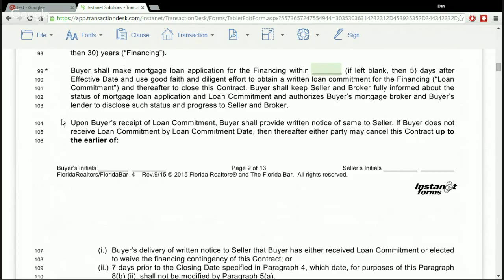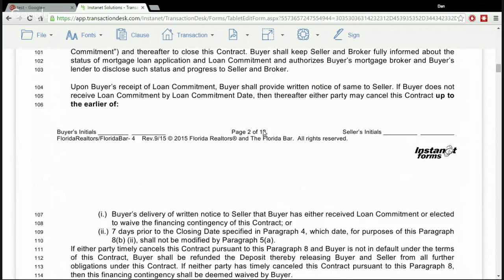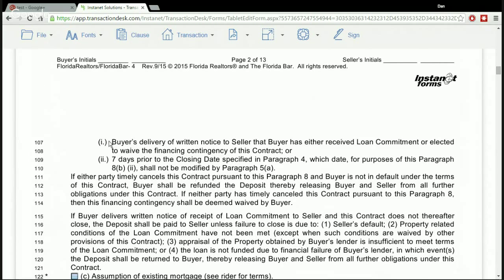Upon buyer's receipt, this is line 104 here, upon buyer's receipt of loan commitment, the buyer shall provide written notice to the seller. If the buyer does not receive a loan commitment by the loan commitment date, then either party may cancel the contract. Either party may cancel the contract at that point, up and until one of these two things happens. 1 and 2. So either up and until buyer delivers a written notice to seller that the buyer has either received loan commitment or elected to waive the financing contingency. So they've either received the loan commitment or they've said,